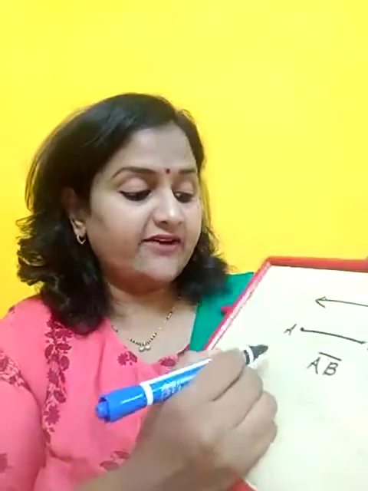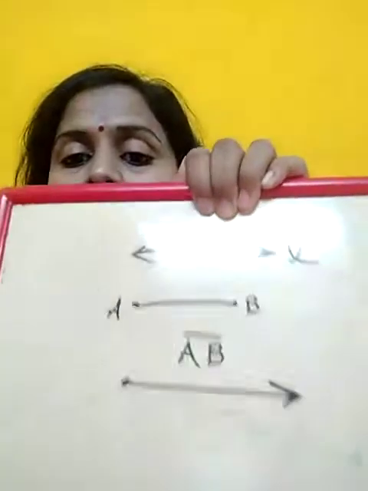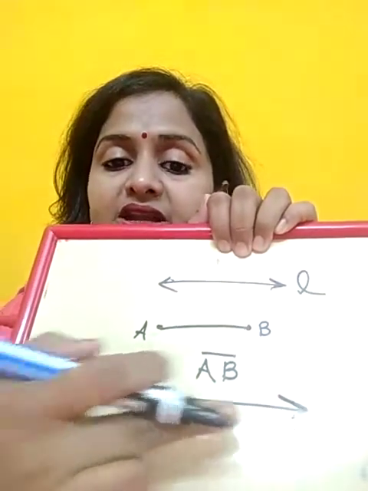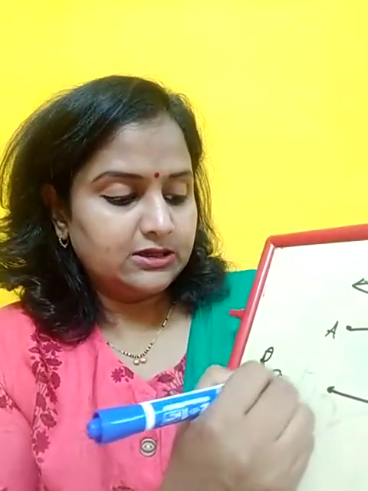Similarly, if a line has only a starting point and no ending point, like this one, it has the starting point, but it does not have an end point. So this will be called a ray. This is called a ray. Why do we call it a ray? Why do we call them sun rays? Tell me. Because the sun is the only source from where the light is falling to the world, right? It does not have any end, but the source is only the sun. That is why we call them sun rays. It has a starting point, but not an end point.